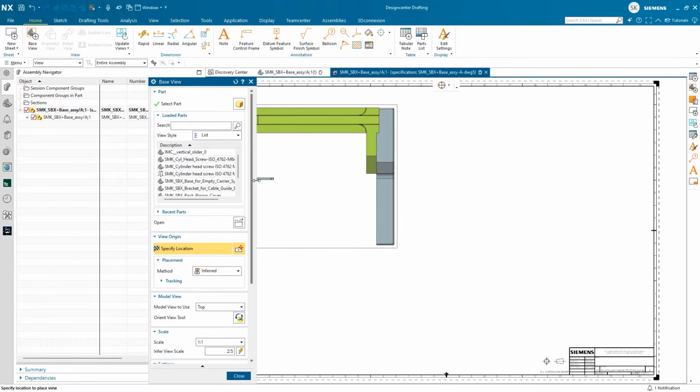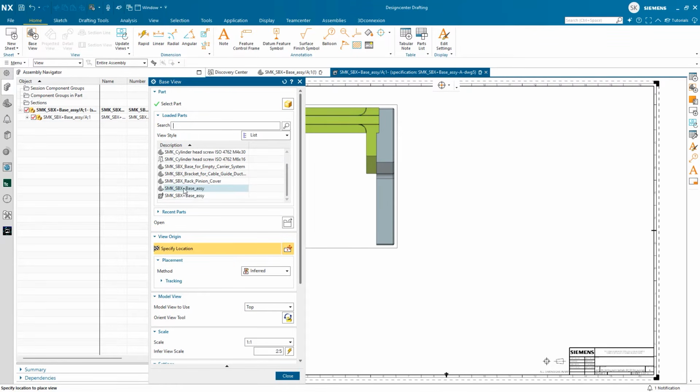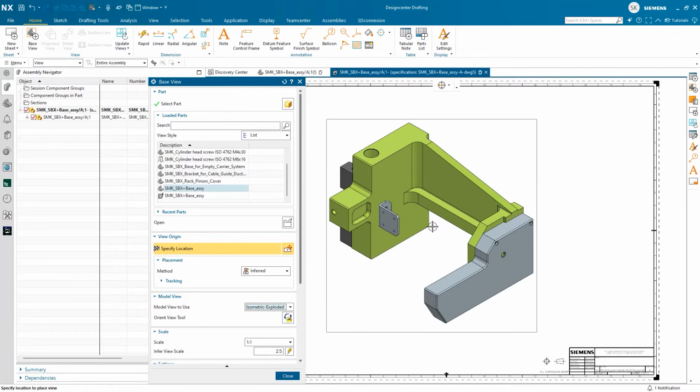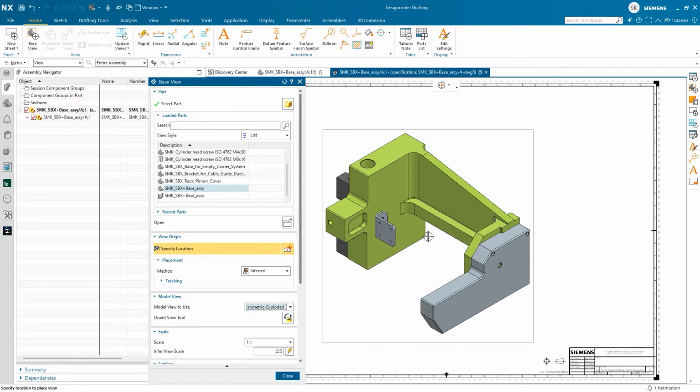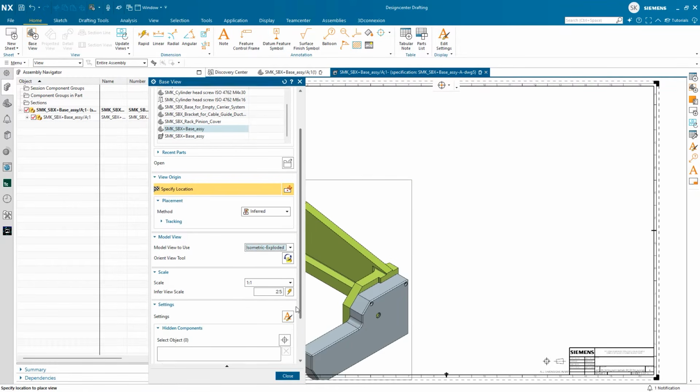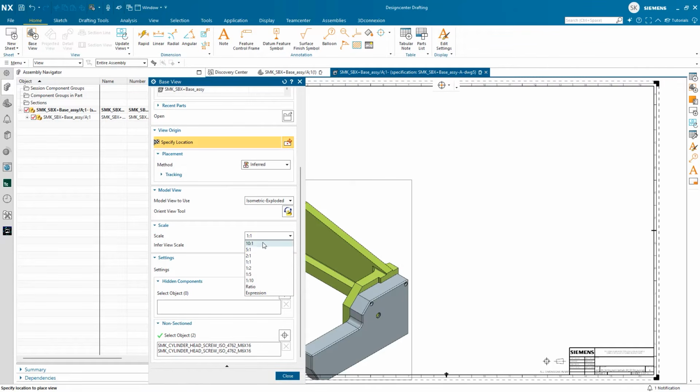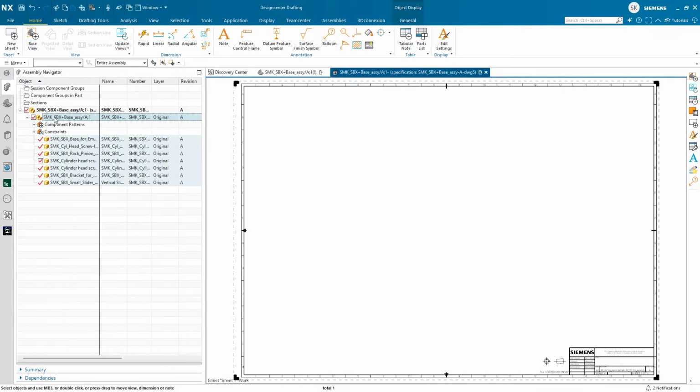Next, what you want to do is just start adding views. We notice that when we add a view, as we scroll down, it's coming from this base assembly. So it is pulling views from there. We're not pulling a view from this drawing, and here are all my view options. I do see my exploded view, but when I see that on the display, we see that it did not capture the explosion from that view that was previously defined. This function and capability will be available later on in a future release of Design Center.